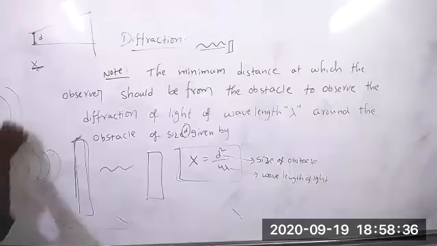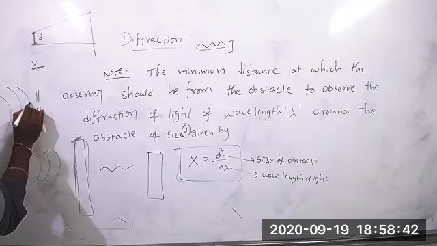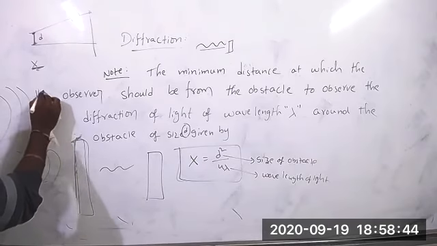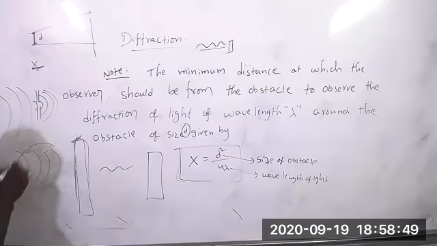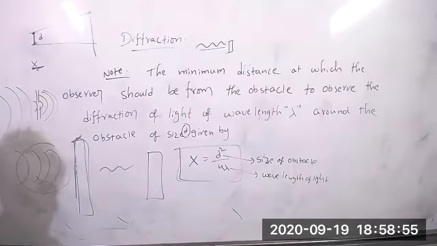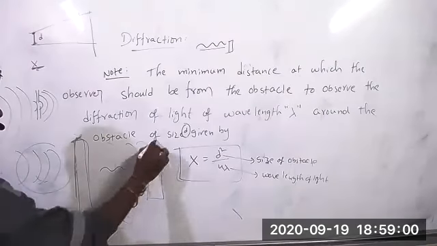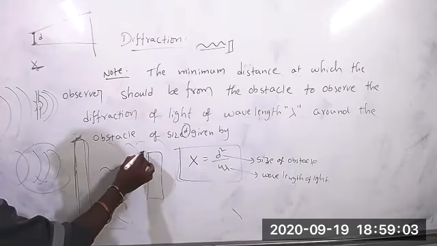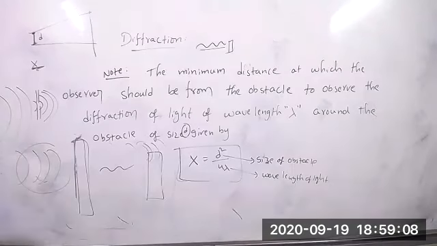If the wavelength is very big and it is a small slit, what will happen? Through this you can see the bending of light. So the obstacle size should be small and the wavelength should be big, or both are equal. If both are equal, you can see the bending of light. If the wavelength is very big, you can't see any bending of light. If both are equal, at the edge you can see the bending of light. So when the size of the object and the wavelength of light are nearly equal to each other, then you can see the diffraction phenomenon.